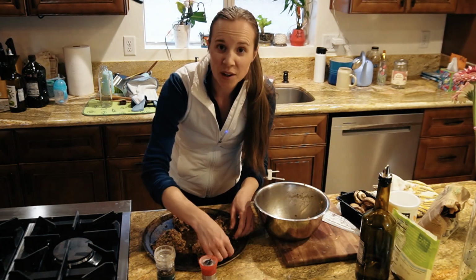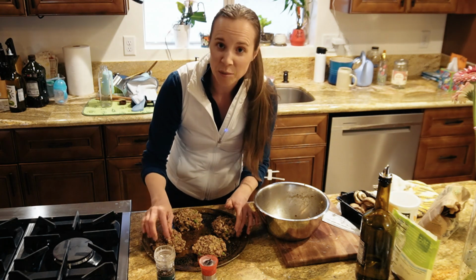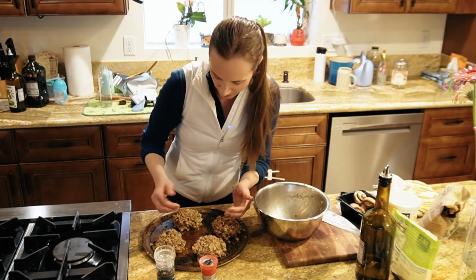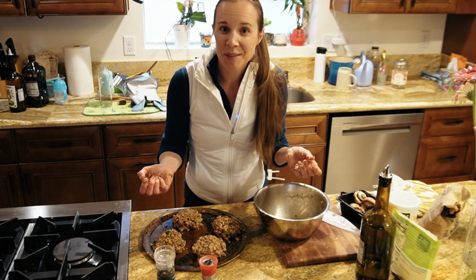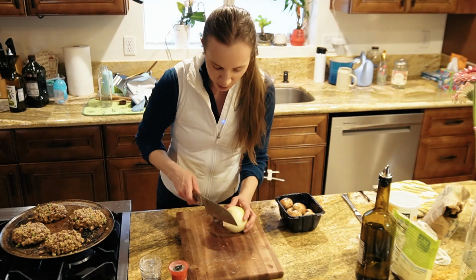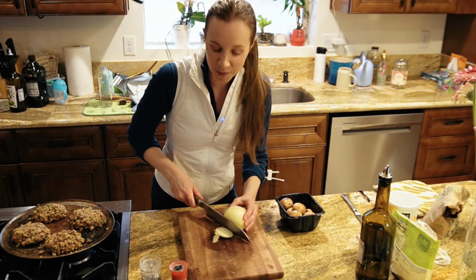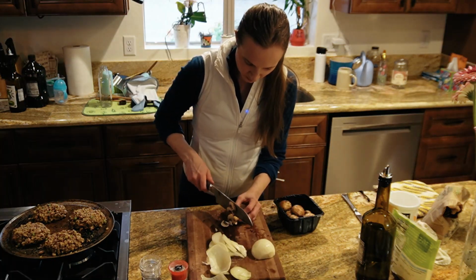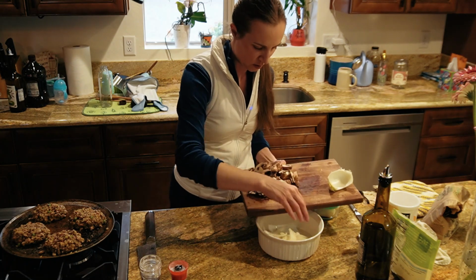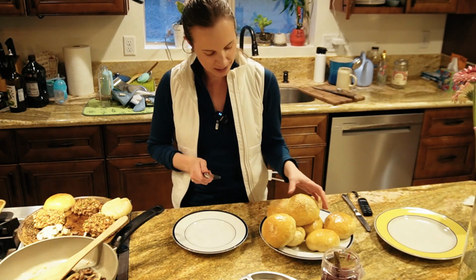My patties are ready to go into the oven. I'm gonna give the French fries a little bit longer in there before I add the patties to the oven. And then I will come back and show you what they look like. I'm also gonna prepare some onion and mushrooms to go on top of the burgers. Everything is done,